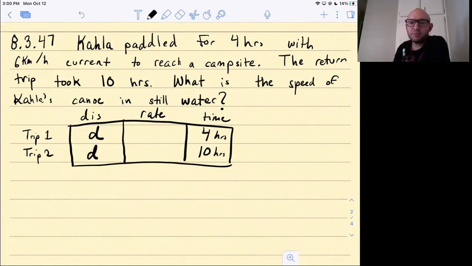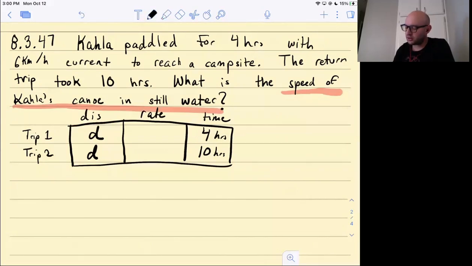Okay, the rate part is where it's a little bit tricky, and this is where it helps to have seen this type of problem before. What is the question actually asking us for? This is where we need to really focus on what the question is asking us. What is the real unknown here? You could say the average, and yeah, it does turn out to be the average. I'll explain why I'm hesitating with that later. But what we want to know is the actual rate of the canoe without any current. This is what we want.